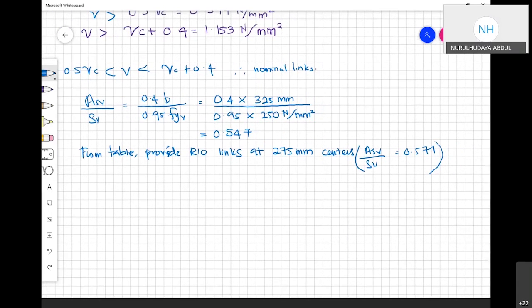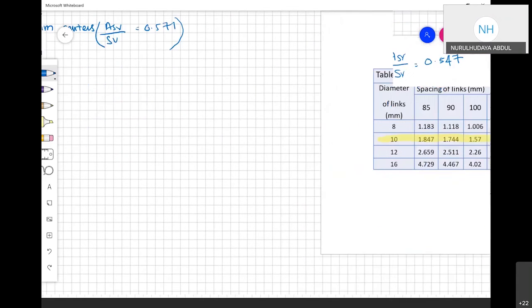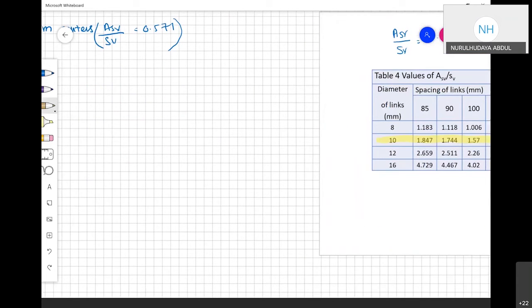And then another thing, okay, because tadi I mentioned kita kena design both design link and nominal link. Okay, so kita tak tahu sampai mana design link, sampai mana nominal link. Sebab panjang beam kita 6 meter, tapi kat mana design link, kat mana nominal link, so kita tak tahu. Okay, in order to untuk tahu kat mana, okay, so I draw sikit lah kat sini bagi faham. So we have our beam here, okay, and then we have support,